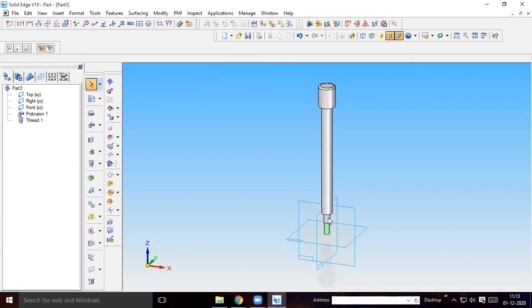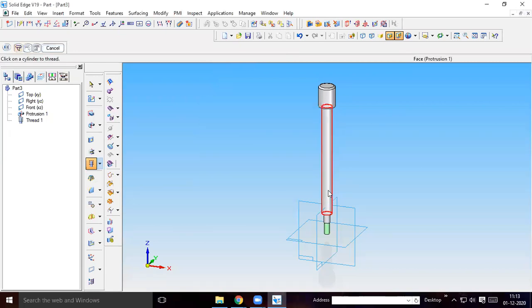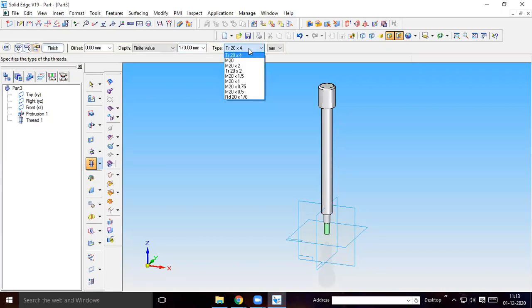Then you don't have thread for the second cylinder, you have thread for the third cylinder. Then again go to the thread option. Select this cylinder. Click on the cylinder to thread, select the starting point, and to finite value here you take up to 170 mm. The thread type will be M20.